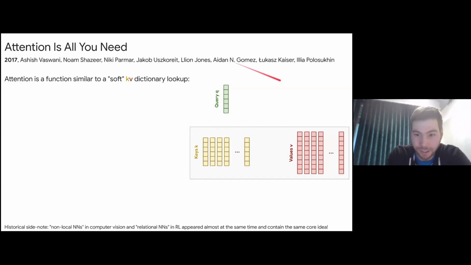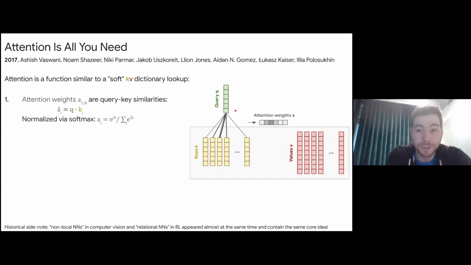So typically, the function that attention represents or can model is this. You have a query, you have keys and values. So just like in a dictionary, right? You have the keys and you have a value. Each key has a corresponding value. And then you want to extract the value corresponding to a key. And this is with your query, right? So you want to query the dictionary to see what value is stored for my query. So what do you do then?